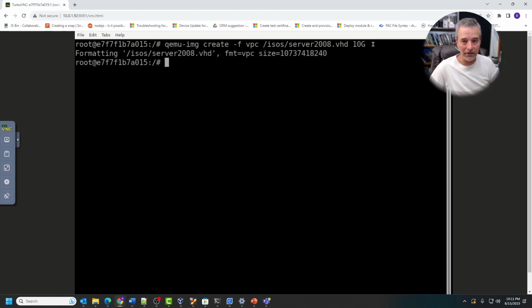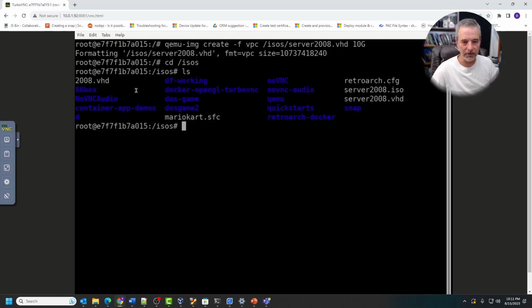So this will basically create a disk. It's not fully allocated at 10 gigabytes, but it's pretty straightforward. You're just telling it qemu-img create, and then you say -f for format. That's vpc, which is the format for a VHD. And then you say server2008.vhd is the path for your virtual hard disk. In this case, it's in that ISOs folder, which I mounted from the host operating system. And then you tell it the size, 10 gigabytes, which is fine for Server 2008. So if I cd to that ISOs folder, you can see that I have a couple other files here. I have another VHD and some other junk that I have around here. There's the VHD that I just created, and there's the ISO that I'm going to be using